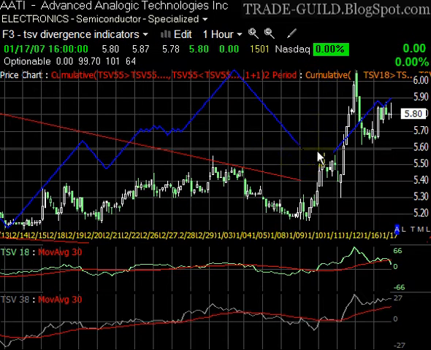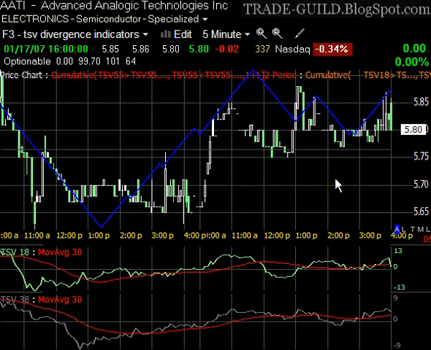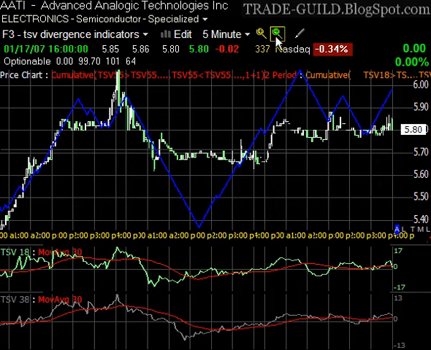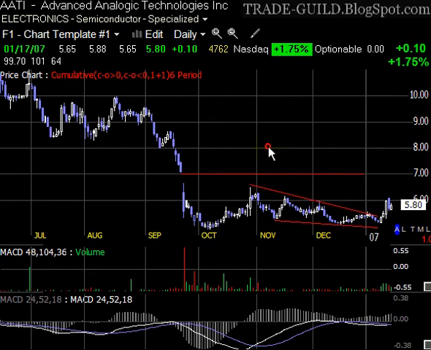And if we take a look at the hourly time frame, again, you can see a slight negative divergence indicating that most likely we'll see a pullback, which we're starting to see. And the 5-minute time frame looks pretty good. So let's take a look at